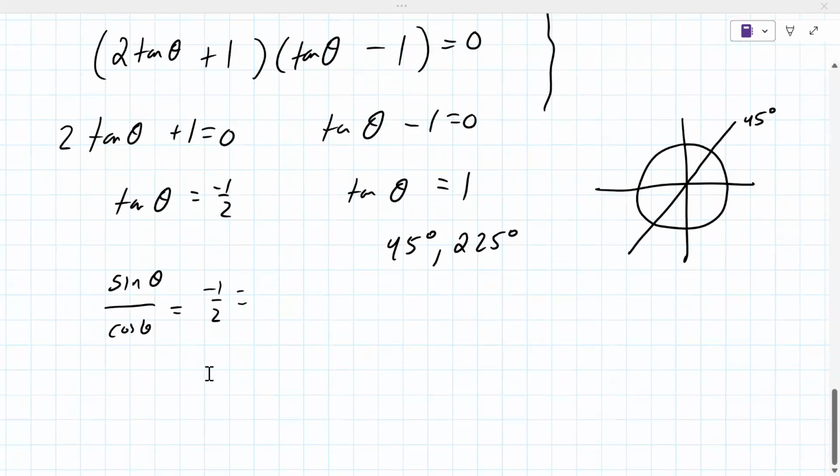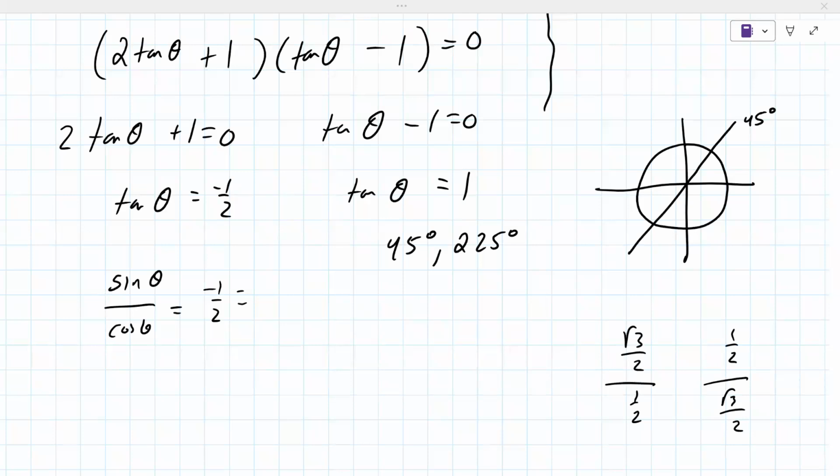So the ones that you do know are like, what is square root of 3 over 2 over 1/2? Or what is 1/2 over square root of 3 over 2? There's only a few that really work out perfectly. Something like that. Okay,